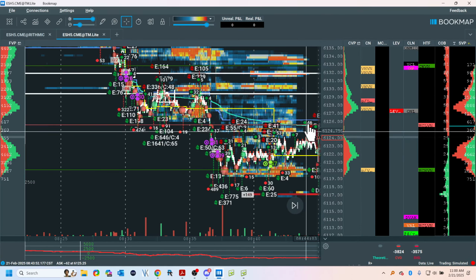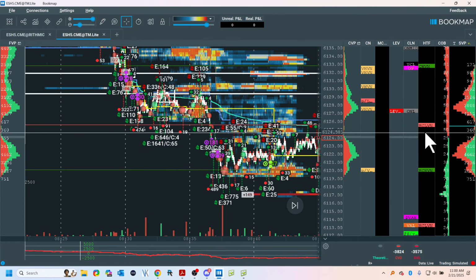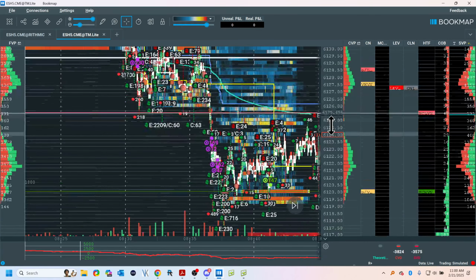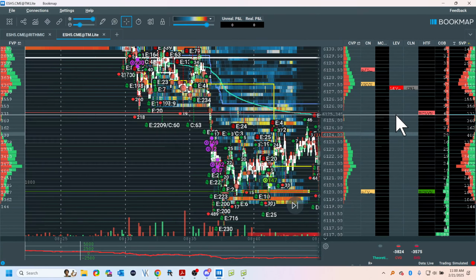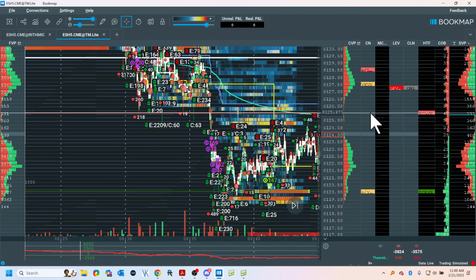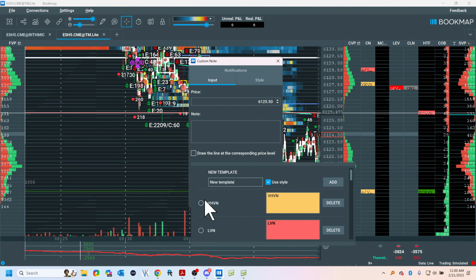What do we got here? Mid, VWAP, and this is the key for me: not the mid, not the VWAP, the outside edge, the low volume node. Let me open this up. I'm going to show you where it is. We have 131 right here. So that's a low volume node. I'm going to mark it. And remember, in trading and in horseshoes and hand grenades, there is no precision.